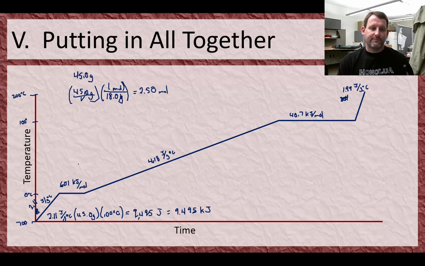2.50 moles. So the energy in this range is just the 2.5 moles times 6.01 kilojoules per mole. So I'll write that down: 2.50 moles times, moles go on bottom, 1 mole. To melt 1 mole requires 6.01 kilojoules, and that's going to equal